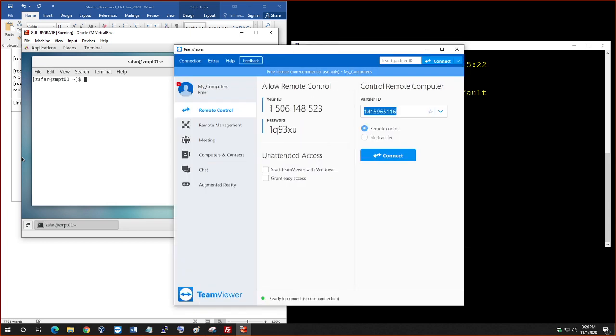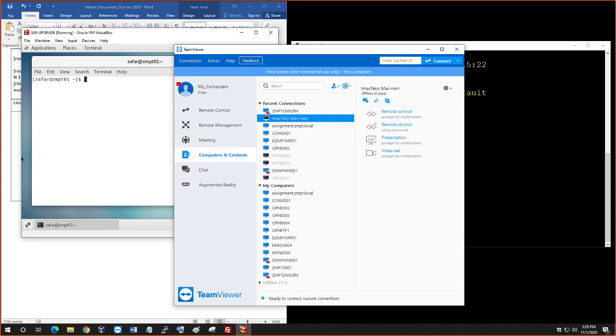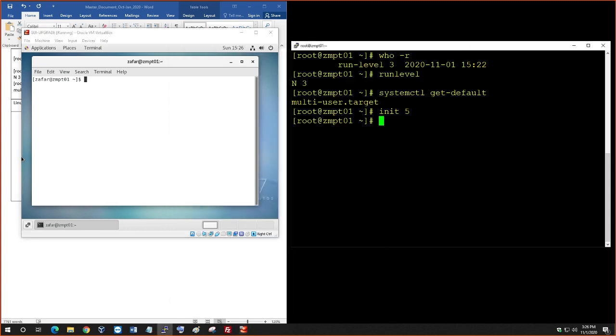Let me see if my Mac is online. Okay, no, my Mac is not online. But anyway, what I'm saying here is, if you compare this with Mac, this is nothing but Linux running in the background here, okay? All right, so